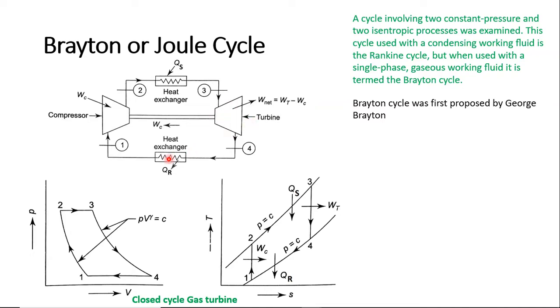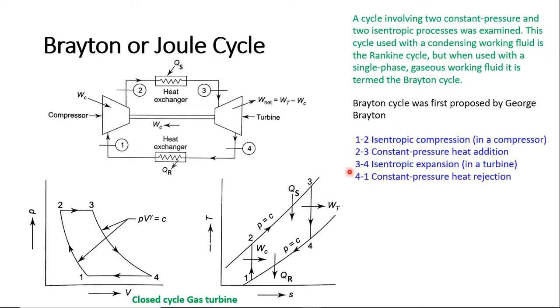Then after turbine we had condenser in case of Rankine cycle. In Brayton cycle again we have heat exchanger. Actually condenser is also a type of heat exchanger, but what is special about condenser? There we have phase change while exchanging the heat, but here we don't have phase change in case of this heat exchanger. And then in Brayton cycle we have compressor since air is handled, and in case of Rankine cycle we have pump because water is handled.